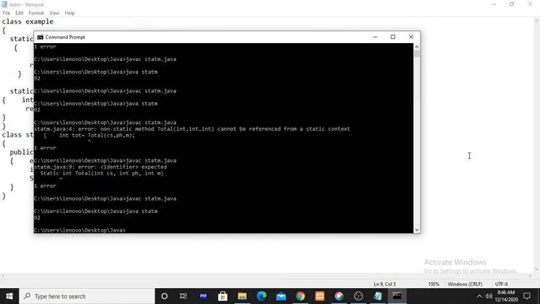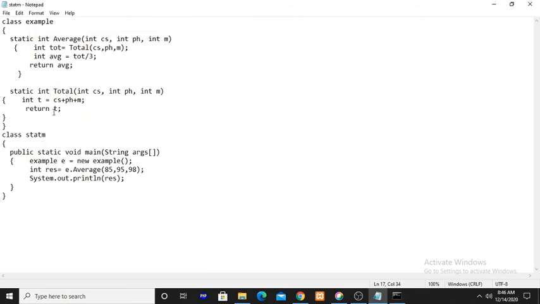The average of the student is 92. So here both the methods are declared as static, so a static method can call the other static method.